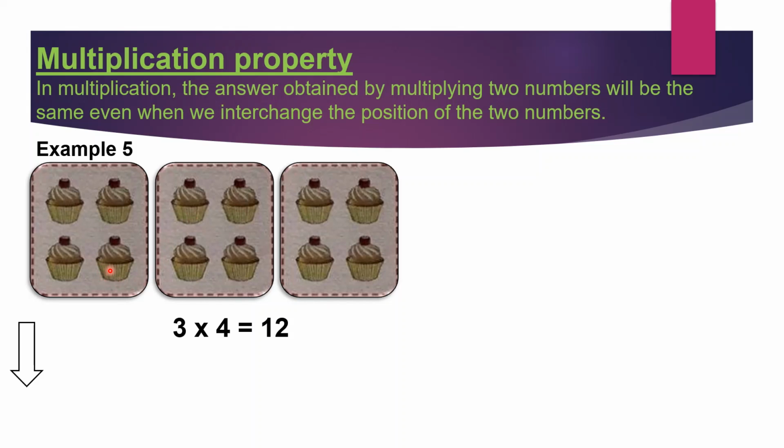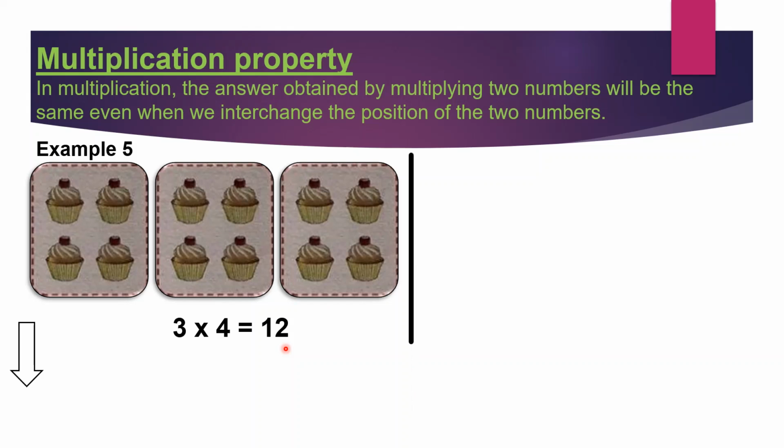In one group, how many cupcakes? 1, 2, 3, 4. In one group, there are 4 cupcakes. So the multiplication sentence according to the picture is 3 times 4 equals